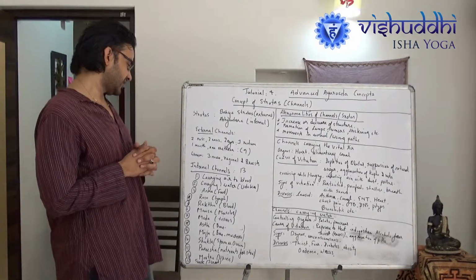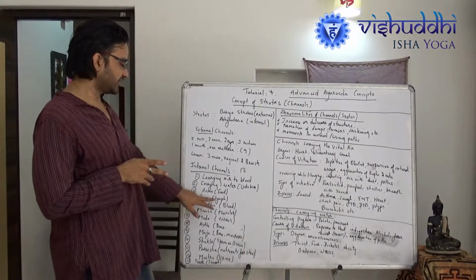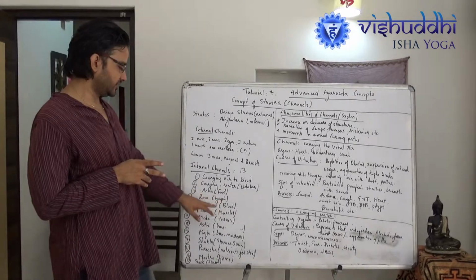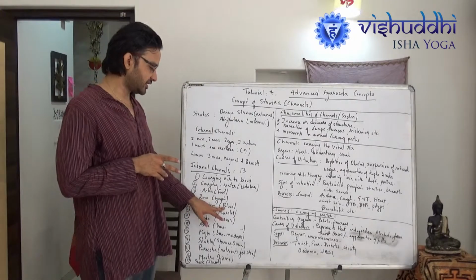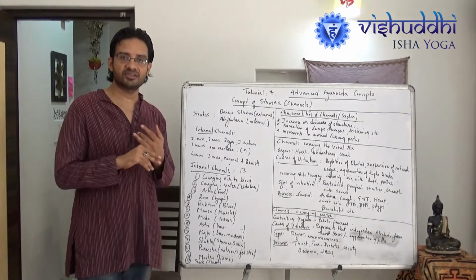So this is the channel carrying the food, and there is a channel for carrying the ras, the lymph, as well as we know. Then there is a channel to carry the blood. As you know, the blood flows through arteries, capillaries, and veins. So these are nothing but the channels carrying the